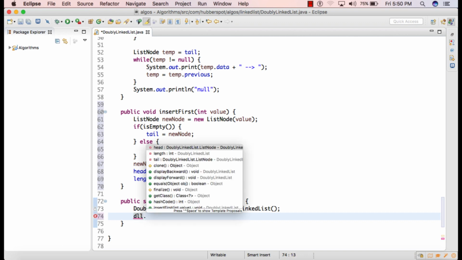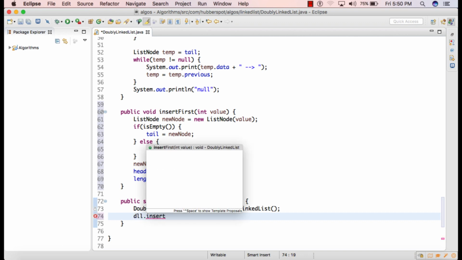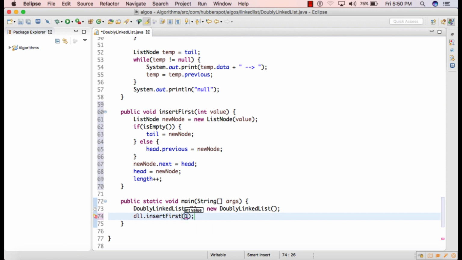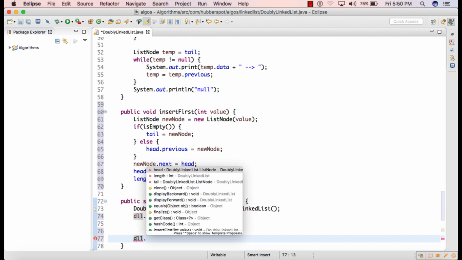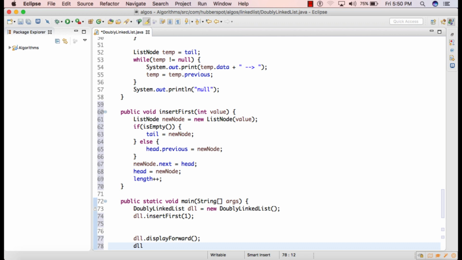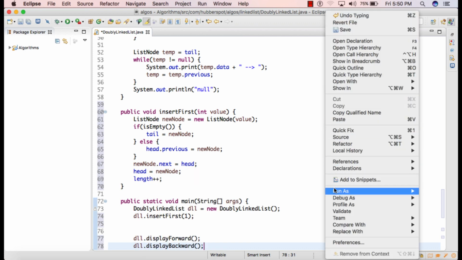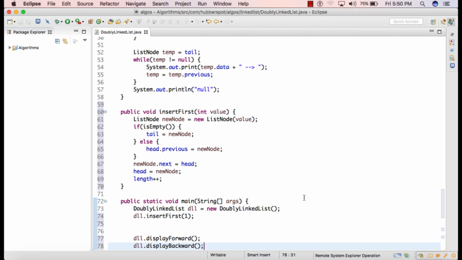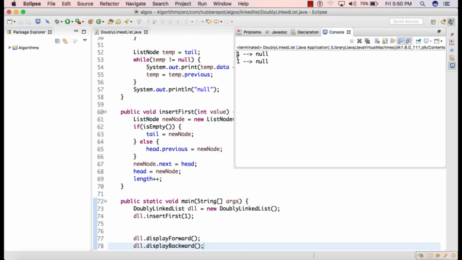So if I call insertFirst and I pass value as 1, and then I simply say display it forward and display it backward, and so if I run the code, node is inserted with a value of 1 and we have printed it both forward and backward, so it prints out the same because head and tail point to the first node.